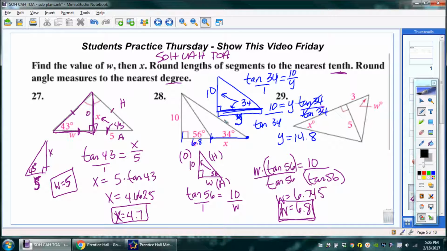So if this is 14.8, and you know part of it is 6.8, what would x equal? And you're probably yelling it right now, but yes, x equals 8 for that. So you had to find the whole length first, and then subtract what we know and what